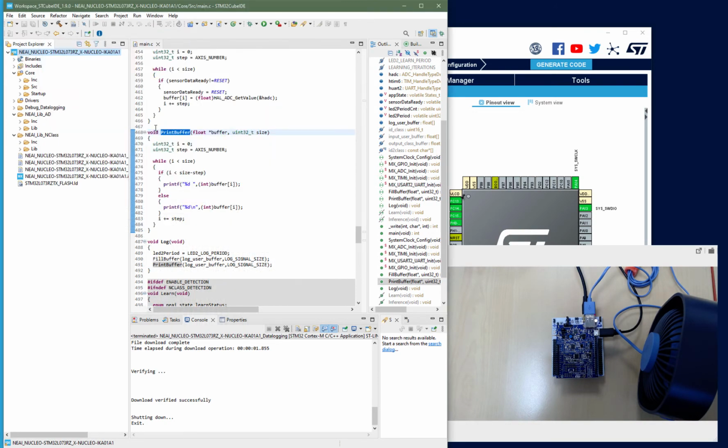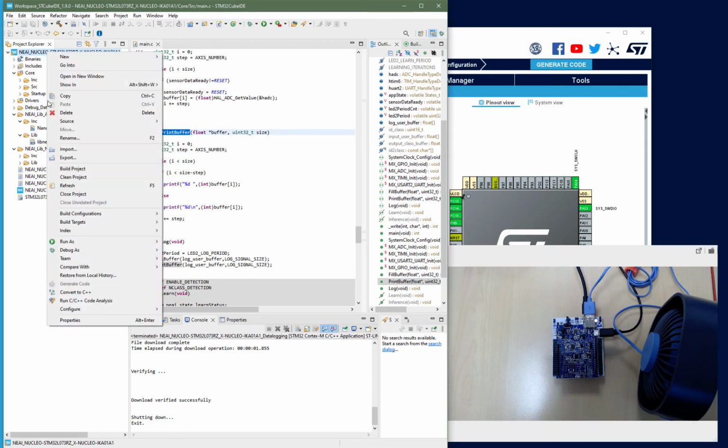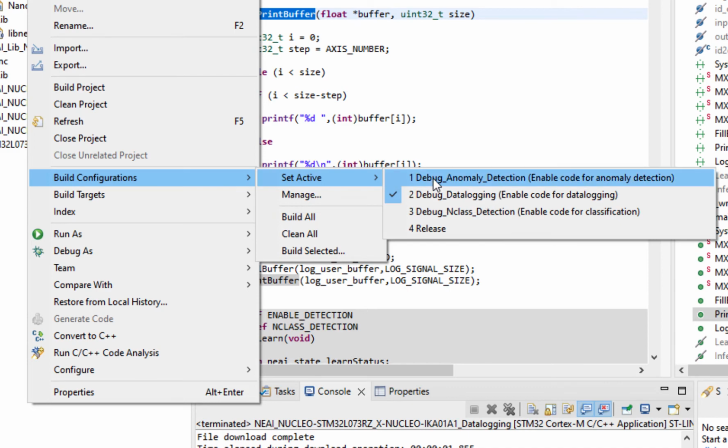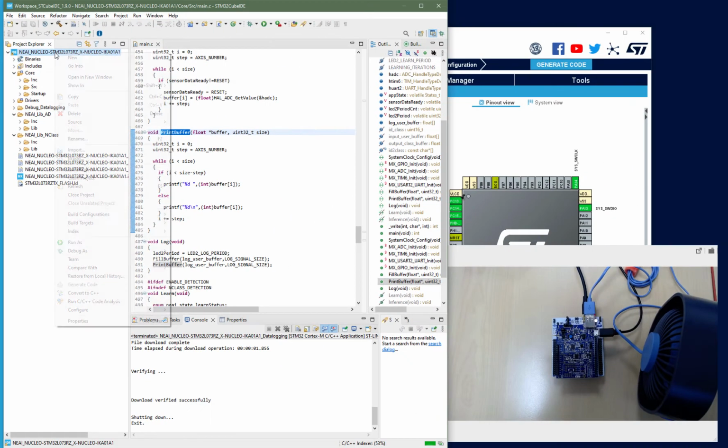I will pause it to switch to another configuration, for detection, for example. Remember that there is already a library. This needs to be generated by the NanoEdge AI Studio as described in the MOOC. So I used the data logging function to capture the normal state, which is the fan running at speed 1, and also captured some different speeds, and including the off state of the fan for the non-regular signals, and then generated the associated library with the best model to get the best accuracy. So to change the configuration, you go to set active and select the anomaly detection, rebuild,